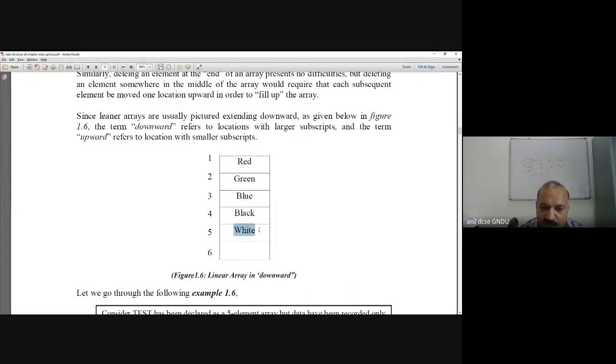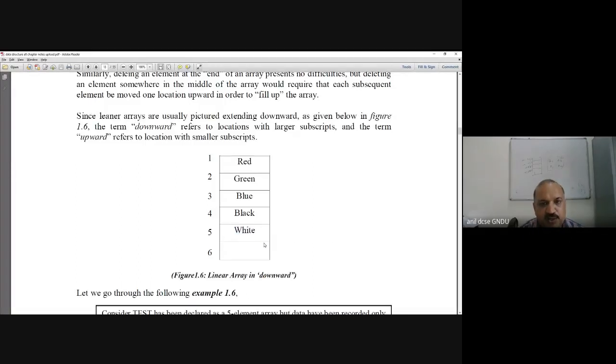First of all, I will have to shift down white, then black, then blue, and then a space will be created here, and here I will store the brown. So this is how it becomes difficult to add or delete from the middle of the array.